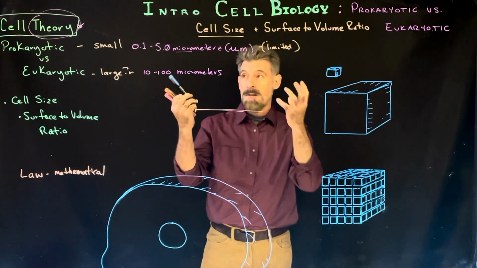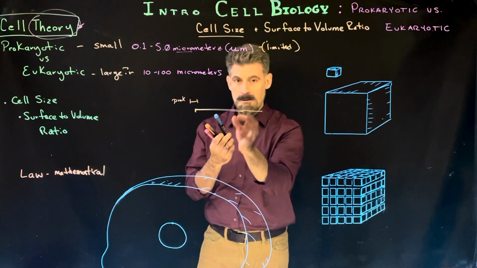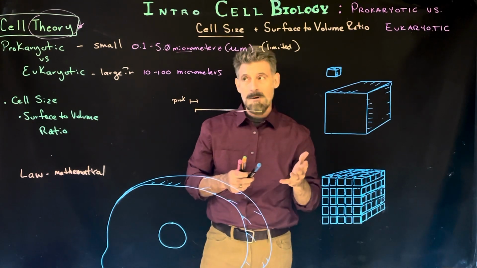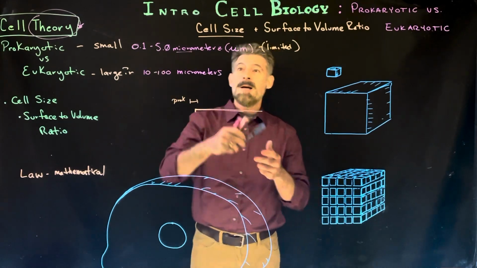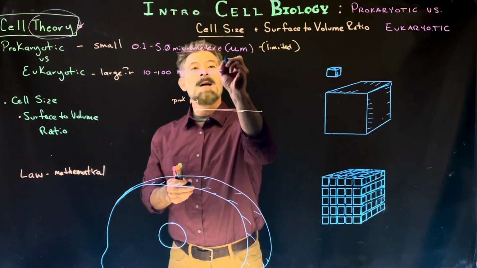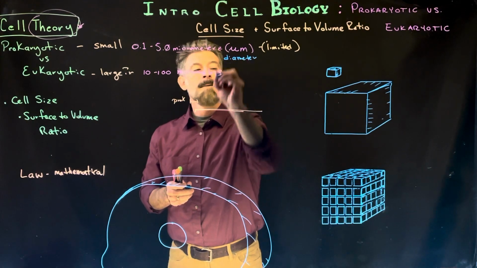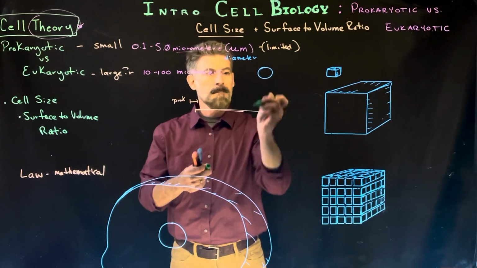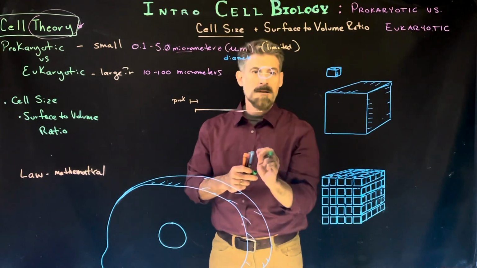Or it's more of a simplifying of everything so that we can package it and give it to you in just one little piece. You could say, oh yeah, that's the case. But that's not really always the case, and there's a lot more to it to think about. So when we talk about the size of cells, we're usually talking about diameter. If we have a ball, a sphere, the diameter is the distance across it from one side to the other side.